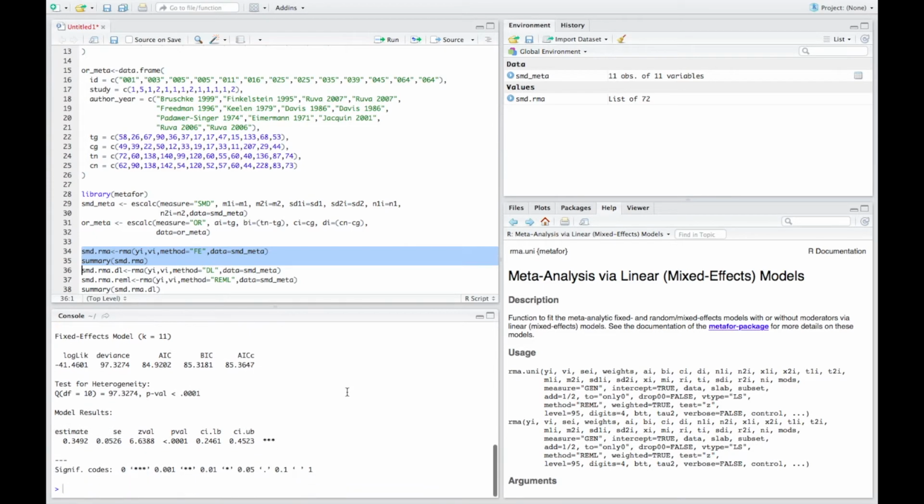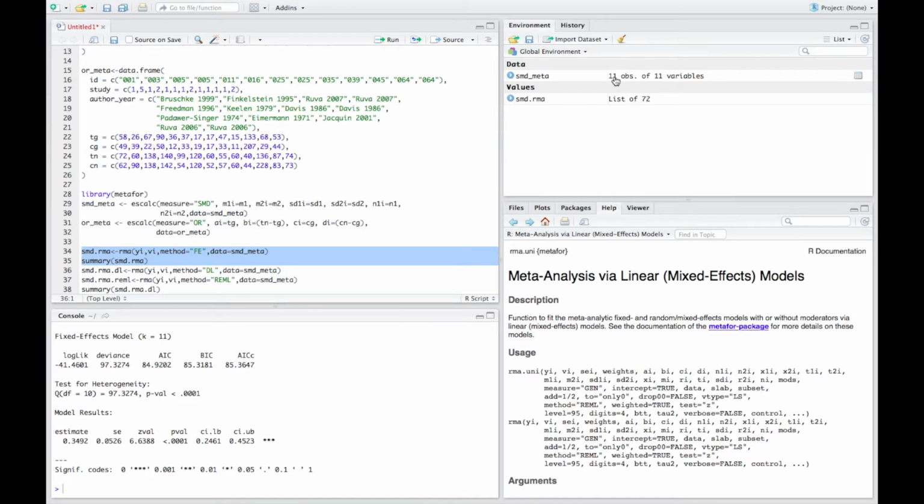At the top, we see that it states that a fixed effects model was used. This is good to confirm that you ran the right code. We also have K equals 11. K is the number of studies in the meta-analysis. Once again, we should confirm that that is correct. If we look at our data set, we see we have 11